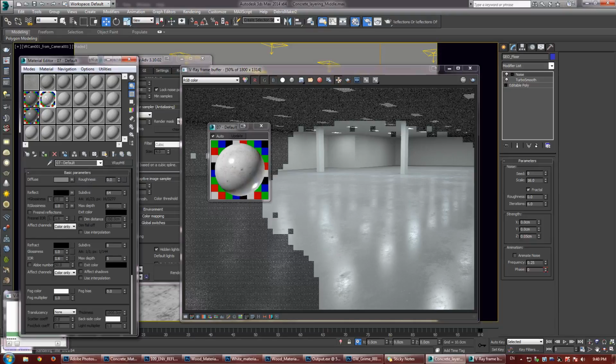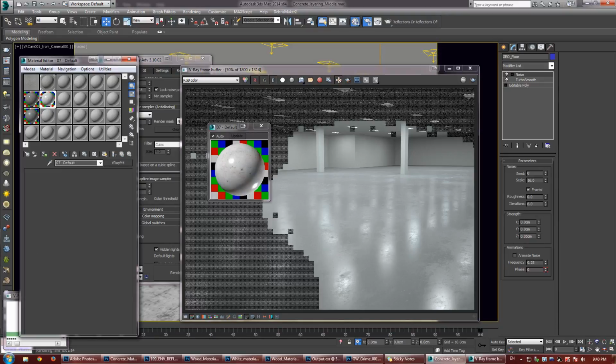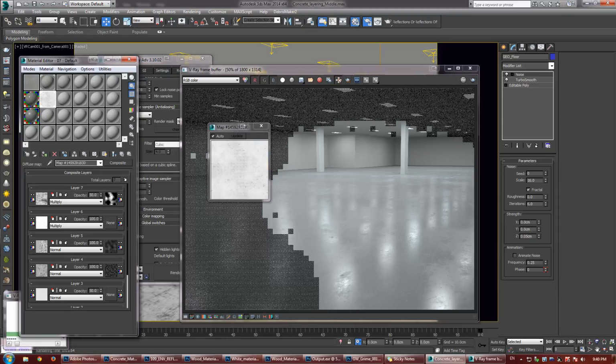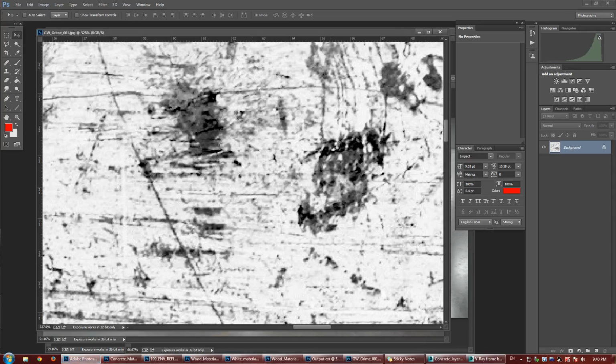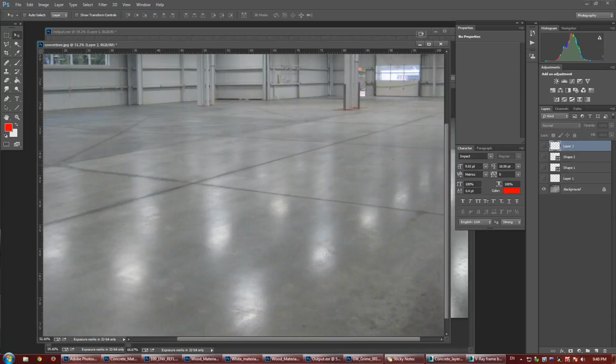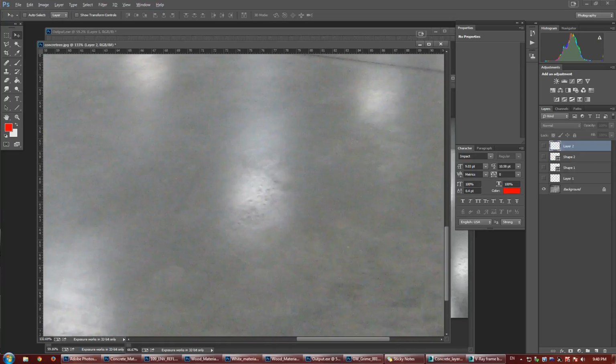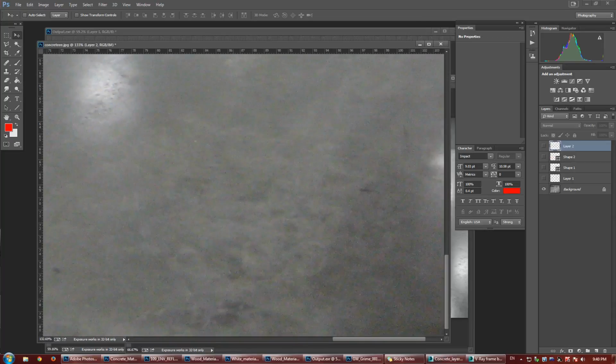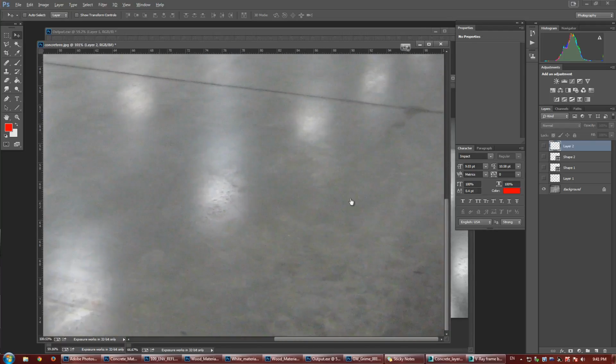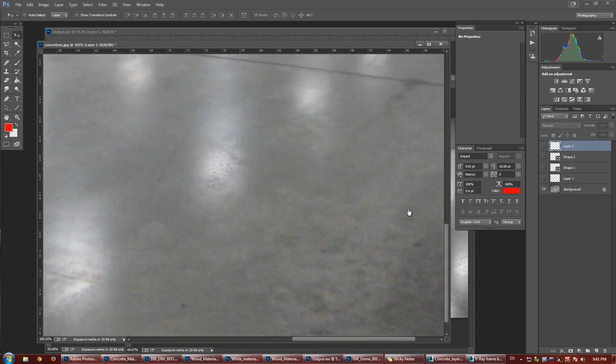I'm not going to paste it as an instance because now we need to go in and actually modify the values inside these Bercon maps in order to produce the same color that we're seeing in the reference image. So now we need to analyze what type of color is actually showing up on this material and what's causing that color. So we've got things here that in the more blurry areas, for example here, you can see that the brighter areas are actually more blurry, and that's most likely because it's dirt and grime